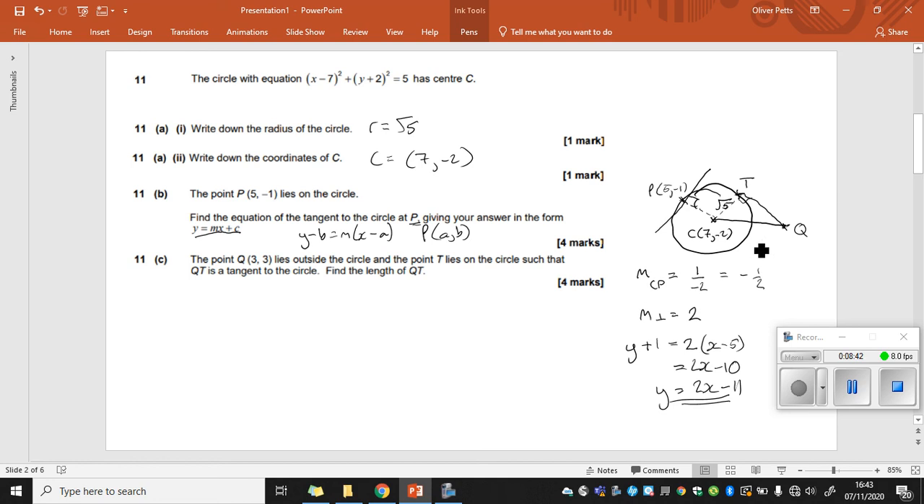What else are we told? Well, we need to work out the distance from Q to T. So I'm just going to call that x for now. Do I know the distance from C to Q? If I do, then I can just use Pythagoras. I don't at the minute, but I do know where Q is. Q is at the point (3, 3). So I can find the distance between these two coordinate points, C and Q. So if I want the distance from C to Q,